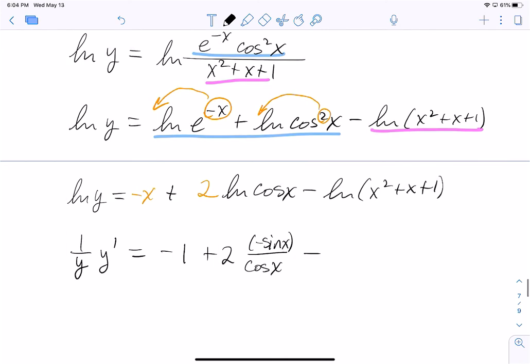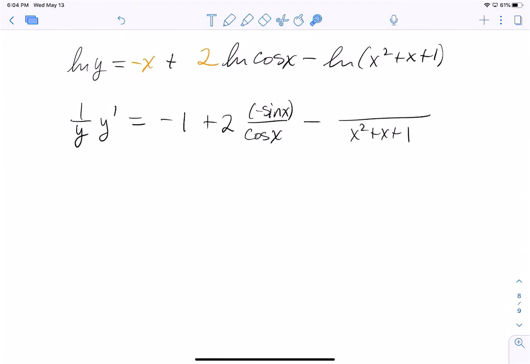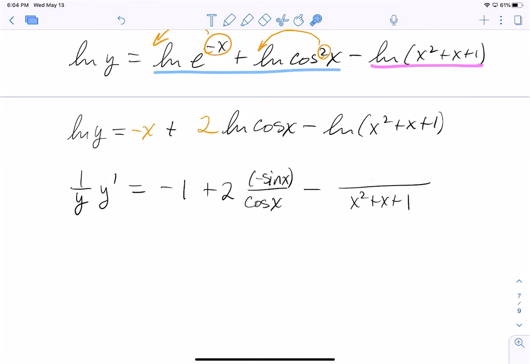We're going to do the same thing in the next term. The derivative of the natural log of x squared plus x plus 1 is going to be 1 over the x squared plus x plus 1, but instead of putting 1 in the numerator, I'm going to put the derivative of the inside function, and so 2x plus 1. I'm going to do two things in the next step. First, I'm going to isolate y prime by multiplying both sides by y. So y prime is equal to y times negative 1 plus, nope, because the other thing is I'm going to